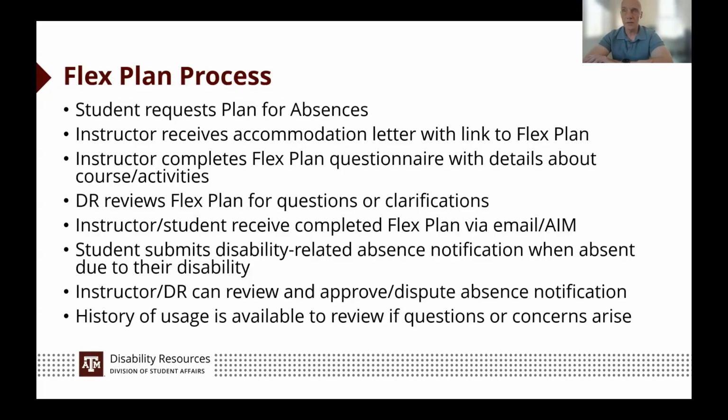But you'll fill out that questionnaire, and that questionnaire gets routed to our office where it is reviewed, each and every one of them, line by line, carefully, thoughtfully, intentionally, right? And when we review that, we may make comments or ask clarifying questions just to make sure we understand how it works in practice. Because we work with students and multiple instructors across multiple situations, sometimes we're going to see, hey, you said this. What does that mean? What if the student does this? How would we handle that situation?